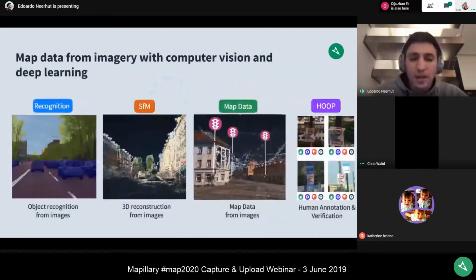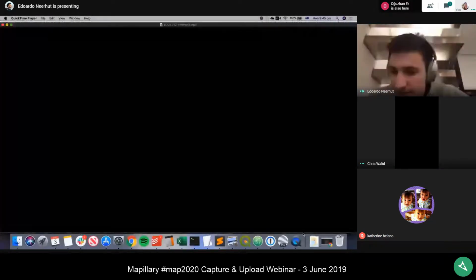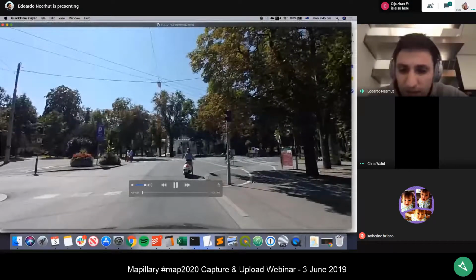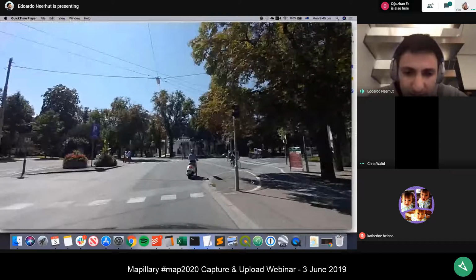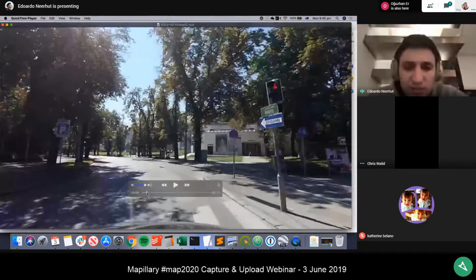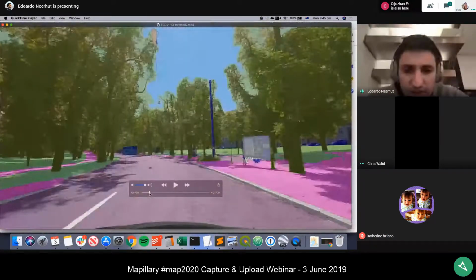And I'm just going to show you now some of the underlying computer vision that's taking place on every image you upload. Now, this probably looks quite a bit different to some of the locations you're collecting imagery, but this is a street in, I believe, Austria, where our computer vision team is based.